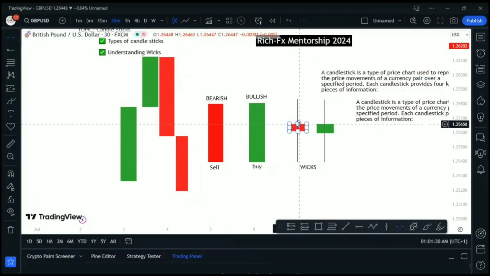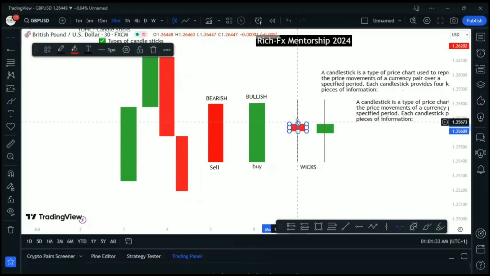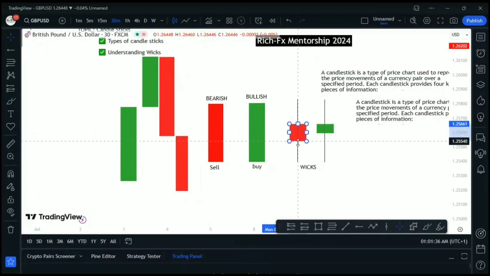And on this same regard too, the market opened at the top here, sold to this point. Remember, once it's selling, it becomes what? Bearish. It becomes red. Then came back and closed there. All right. So this is a practical example of what we're trying to talk about here.